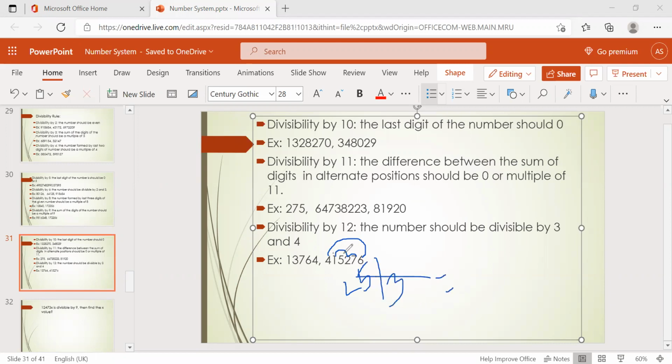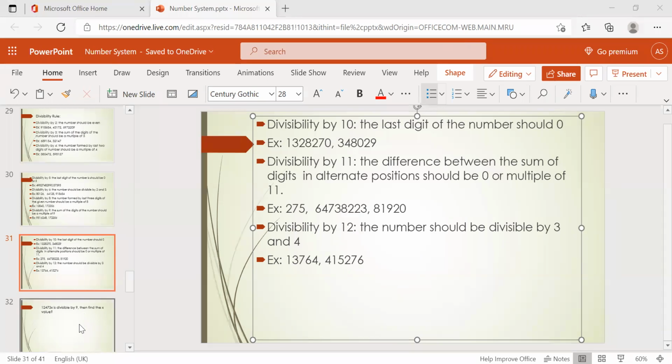So the number is not going to be divisible by 12. So both conditions should be satisfied, 4 and 3. Both conditions should be satisfied. Then only we'll consider that it is divisible by 12, right?